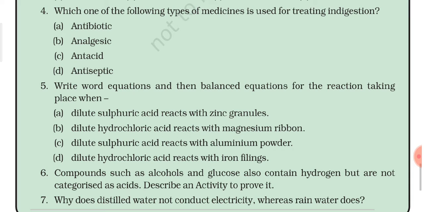But if you remember, we have discussed some sort of formula in each of the different chemical properties, that means chemical reactions. When a metal reacts with an acid, what are the products you are going to get? You will get salt and hydrogen gas. So the same formula you have to apply and you will be easily able to make the products in all these cases. Then D is dilute hydrochloric acid reacts with iron filings.